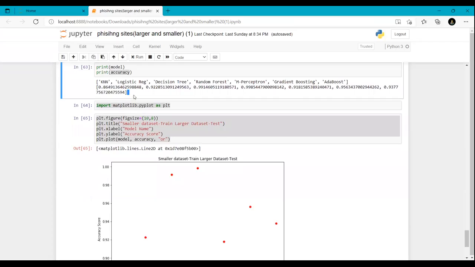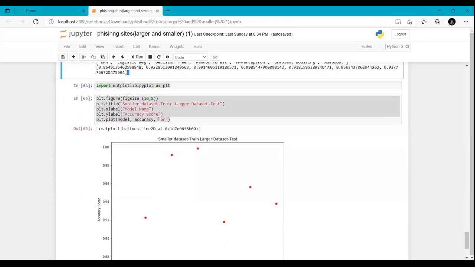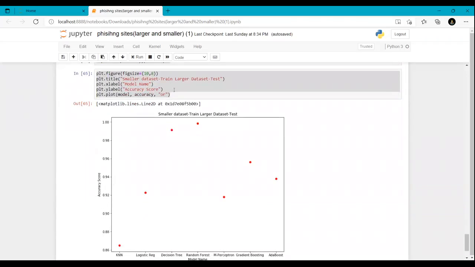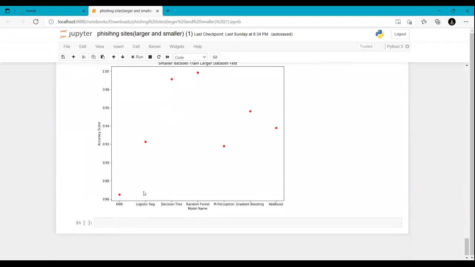You can see it clearly here, but it would be better if I show you in a graph. That's why I imported matplotlib, which is the visualization library for machine learning in Python. So I've given out all the algorithms